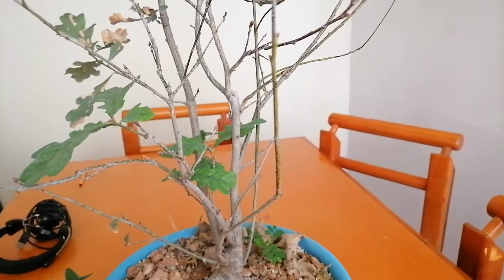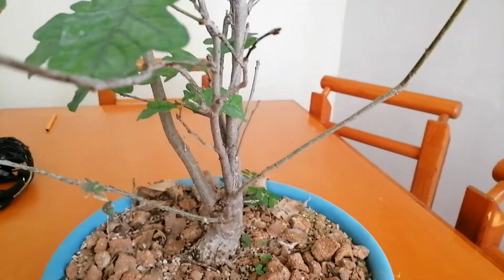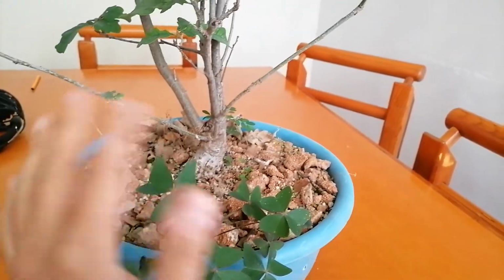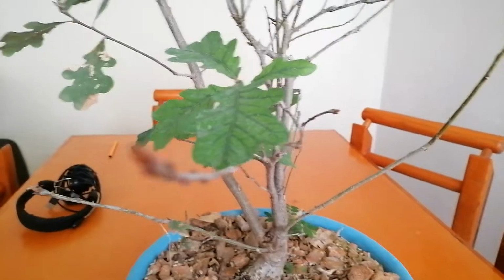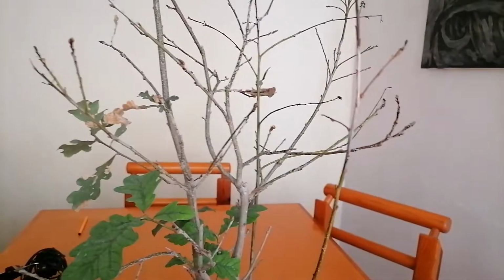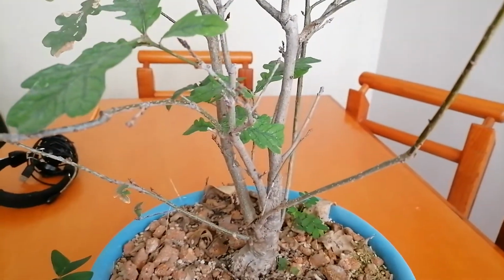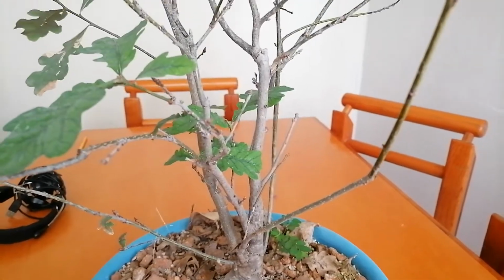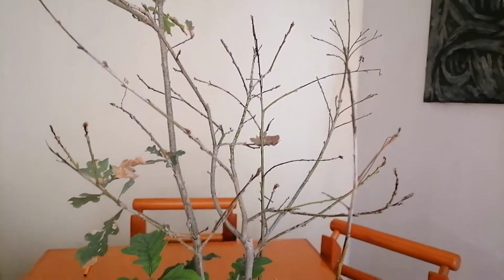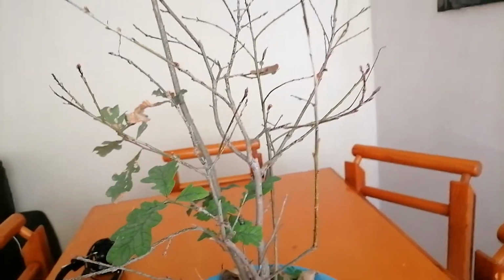So in this case, we're gonna revisit this little English oak that we transplanted to this plastic container. Nice looking little oxalis plant. And so what we gotta do before the tree completely wakes up from the winter dormancy is to do a little bit of directional pruning so that when the tree wakes up, it grows in the right places, and we make full use of that flush of growth